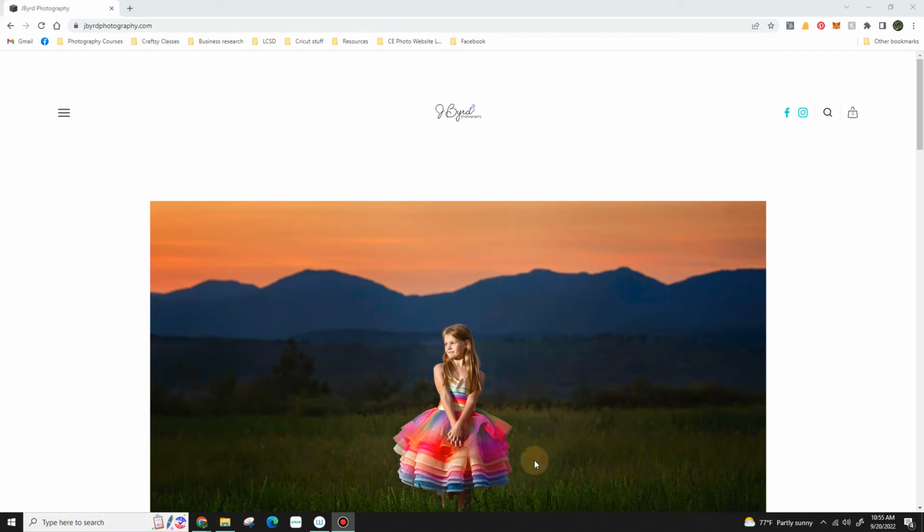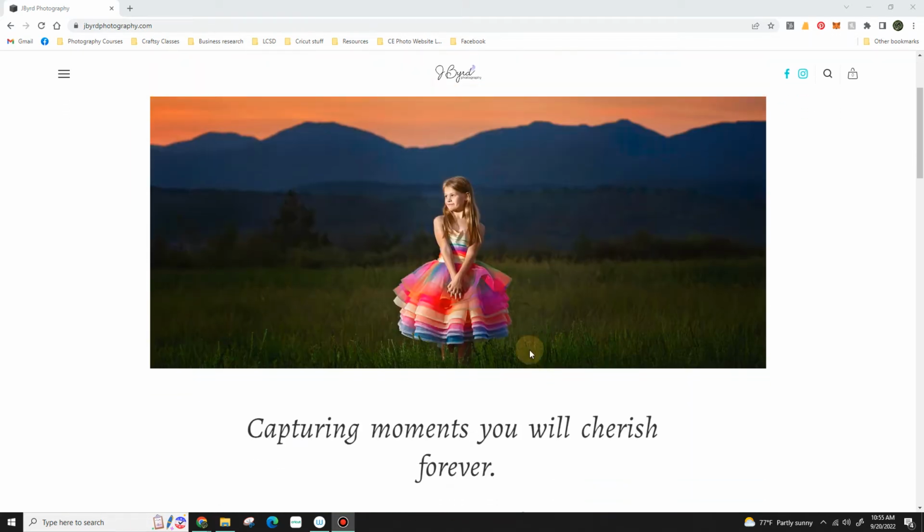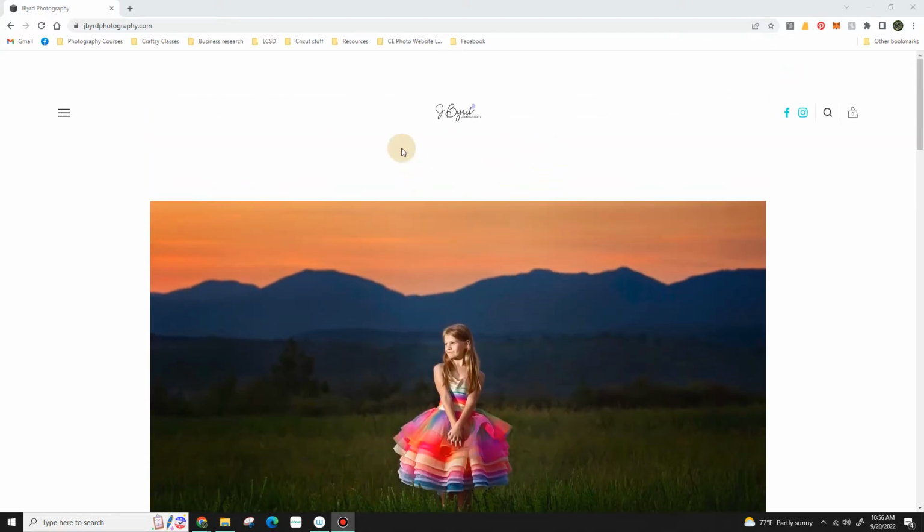Now, first off, this is beautiful. It's one of those doll cake dresses. I don't know, it's gorgeous. I love it. I love the rainbow. I love the big mountains in the background. I live in Florida. I got nothing but flat here. It's very annoying. Okay, so very simple up here, your logo with the little bird on it, Facebook, Insta, a